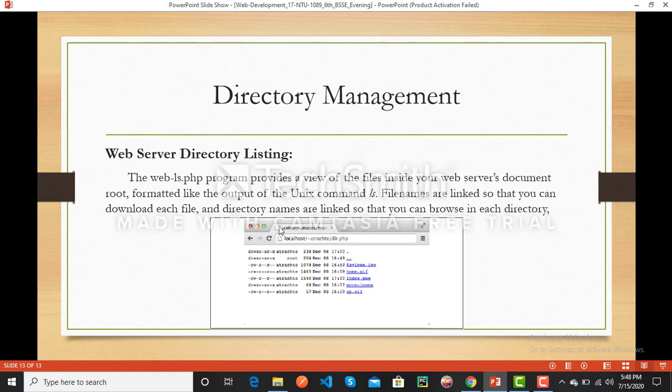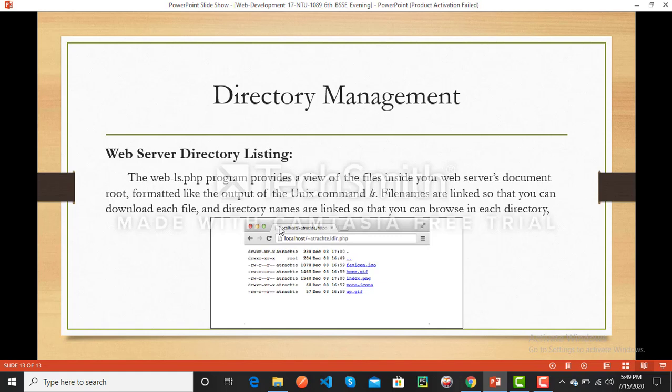It provides a view of the files inside your web server document root, formatted like the output of the Unix command. File names are linked. If I put a wrong directory name, it will show file not found.